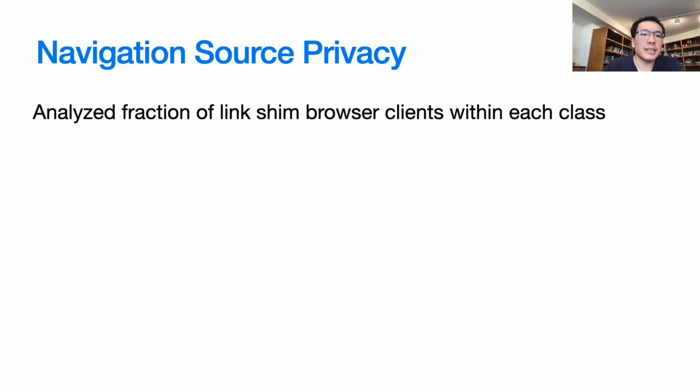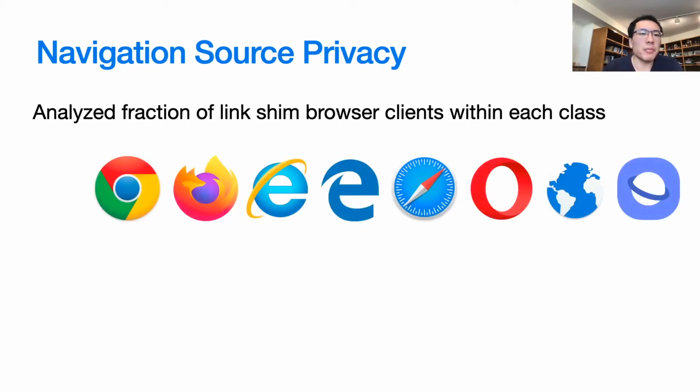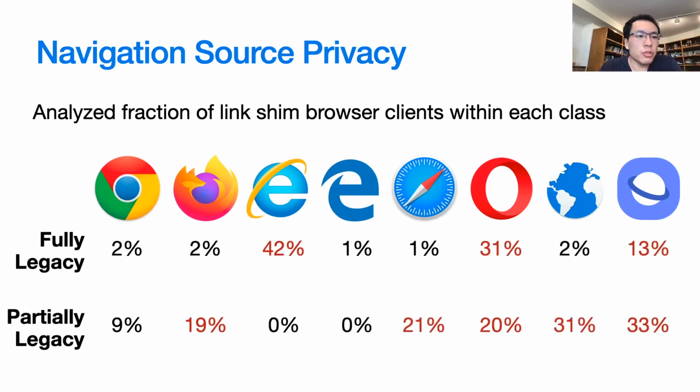So we analyzed the browser clients that navigated via link shimming and broke them down into which category of browser client they fall into, and we looked at some of the most popular browsers. So here I'm showing the proportion of each browser's population that fell into the fully or partially legacy categories. We see that there's a lot of variation among the different browsers, but for some popular browsers, there are rather significant legacy populations. Now in the paper, we dive a lot deeper into these legacy populations and their demographics, and